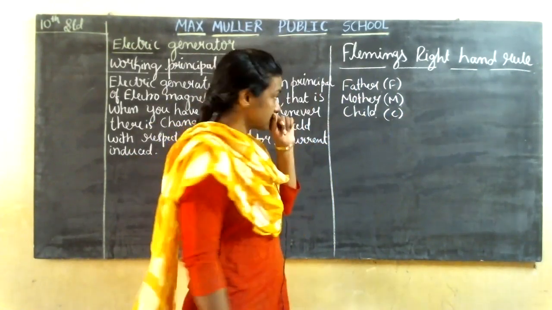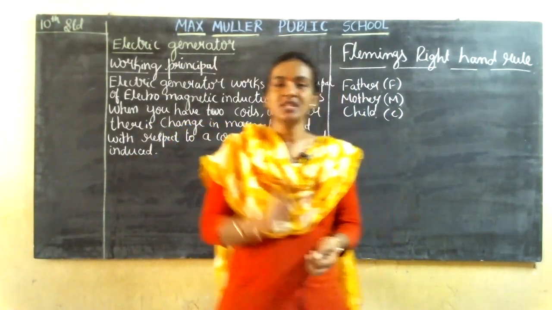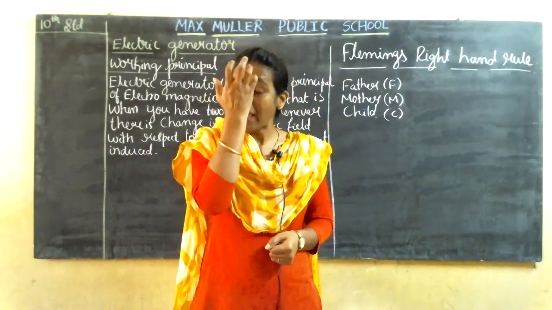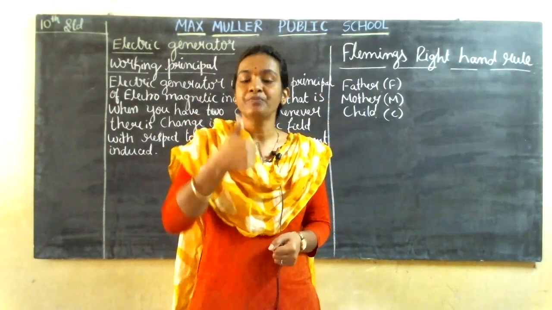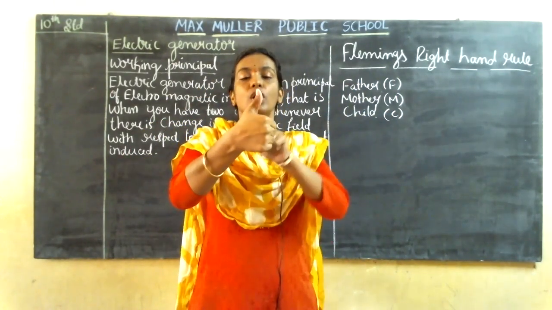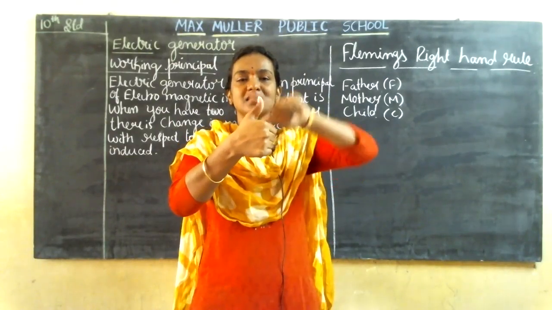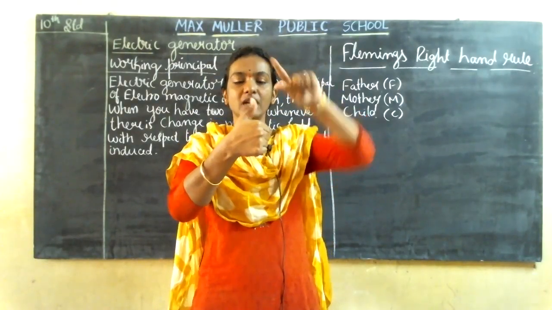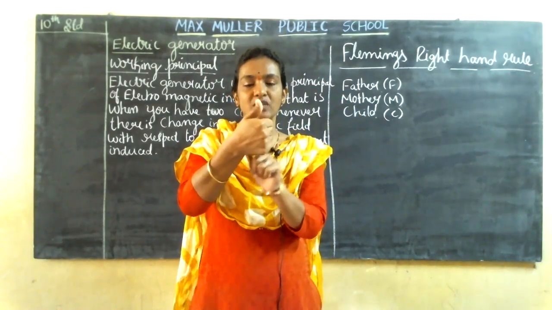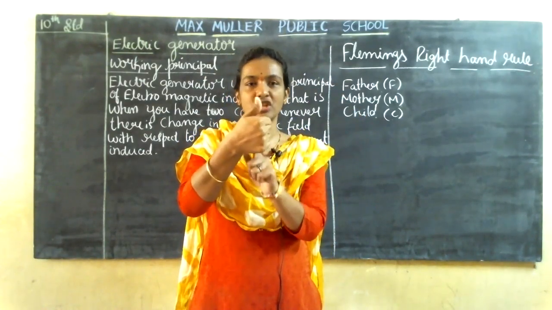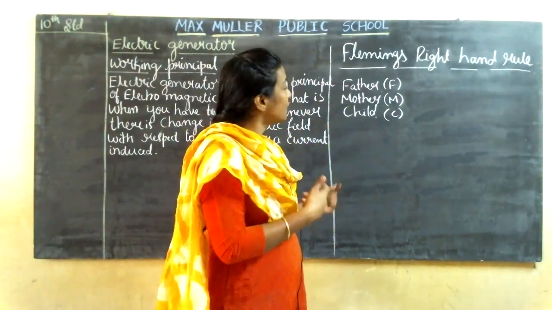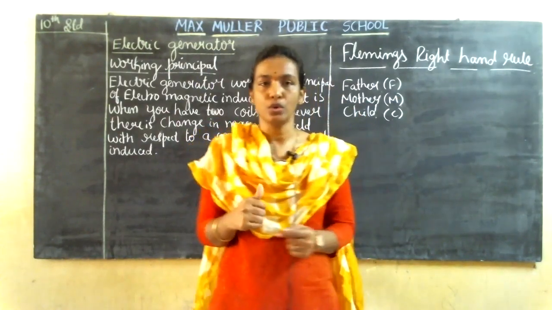Maxwell's thumb rule. You will get, I think, three rules here. In Maxwell's thumb rule, what we learned here is how you need to hold your hand. The direction of this thumb is the direction of the current. The direction of the fingers coming inwards to your hand is the direction of the magnetic field lines. Isn't it? So next comes Fleming's left hand rule.